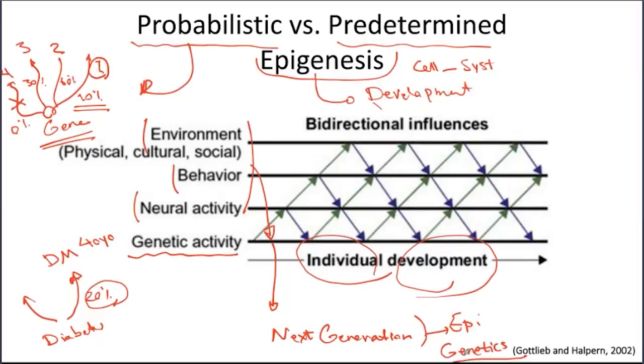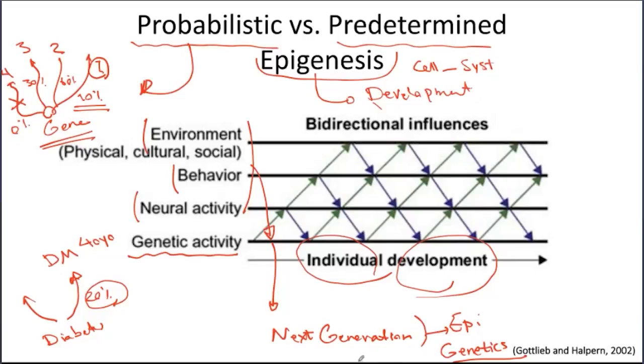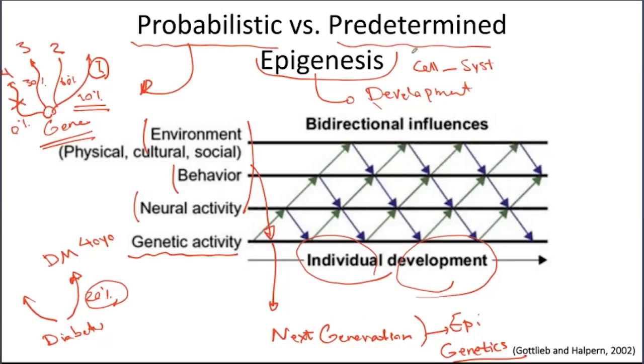And you can see here that what I mean by genetics is different from what we have been discussing about genesis. So genesis is about creation and development in general, and genetics is about the science of genes. So just be careful about the way that you understand these terminologies. But one layer of this probabilistic epigenesis is what we call epigenetics, and how genes would contribute to this process. So I just try to make it more clear for you to understand how these processes are interacting with each